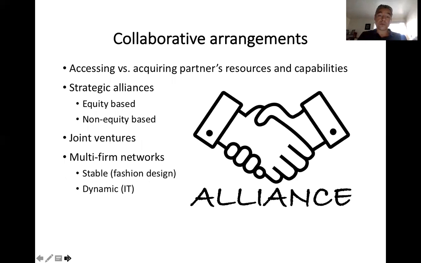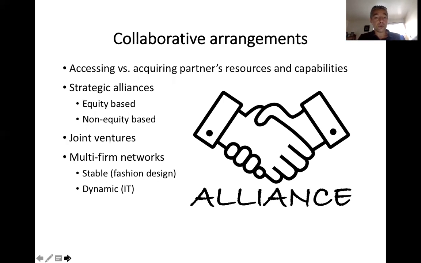And so it turns out you don't have to necessarily acquire other companies to get the benefits of diversification or vertical integration or any of those other things that we've talked about previously. You can actually get almost the same benefits by simply collaborating with companies that already have positions in the industries or markets that you're interested in, right?